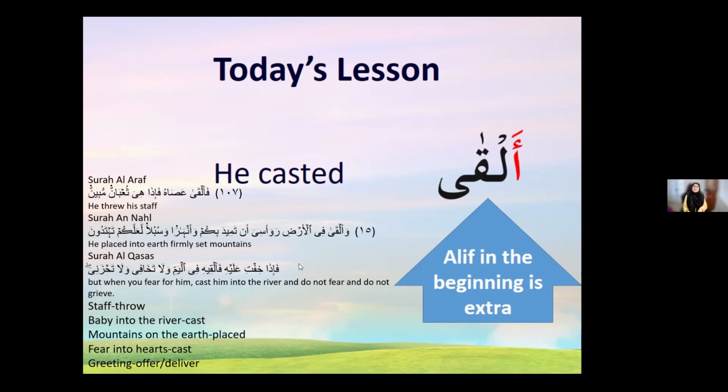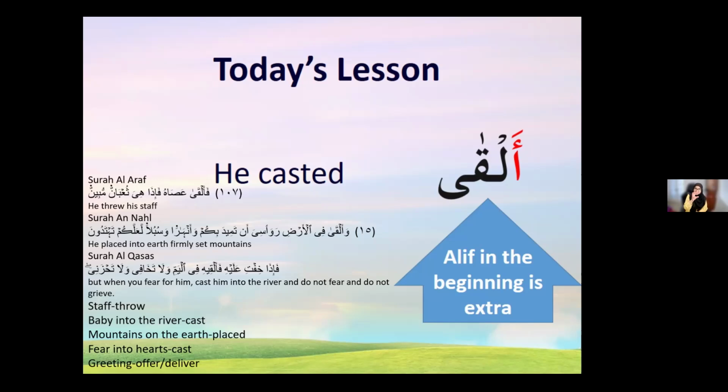So this is the ayah where Allah is telling Musa alayhi salam's mother, when she was with the baby and Fir'aun was killing all the babies in that year. Allah tells her that if you're afraid for your child, وإذا خفت عليه, فألقيه, throw him or cast him into the yamm, in the sea, in the water, river, sorry. So cast him. فألقي,